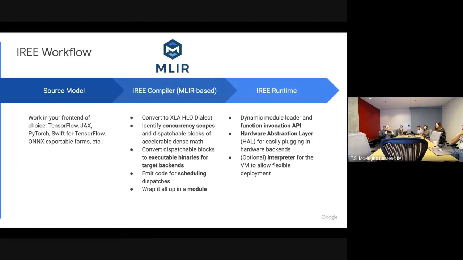Once we have this HLO dialect, which represents dense math basically on tensors, what we're really trying to do is identify the concurrency scopes that we can see within the IR. This is something that normally is done as a fusion step, identifying very carefully picked sets of ops into fused elements. But what we're really looking for here is data flow. We don't actually care what the ops are specifically, whether something's an add or a mul or a dot. What we're really looking at is how the tensors flow through the program, and how that interacts with things like control flow and stateful variables. And I'll get into that as we talk about some of the dialects we're using to represent that.